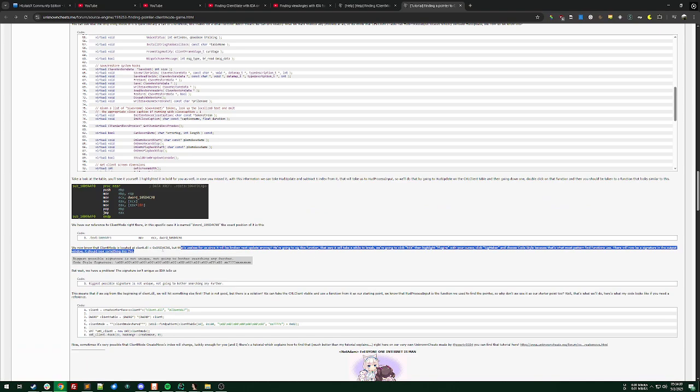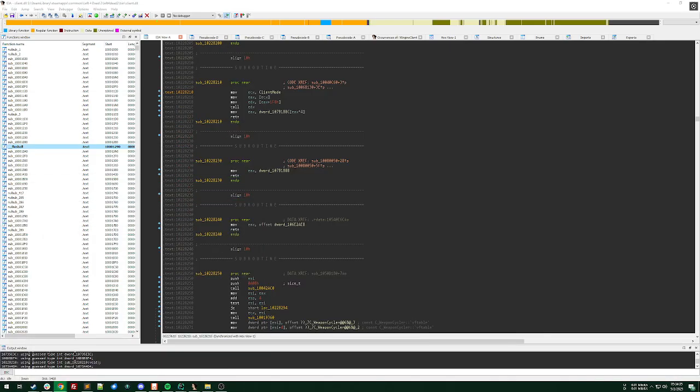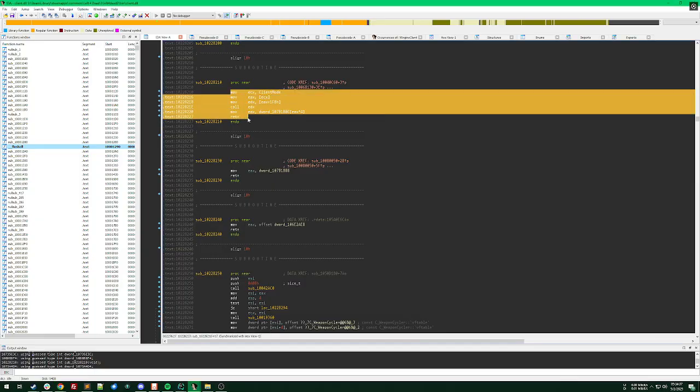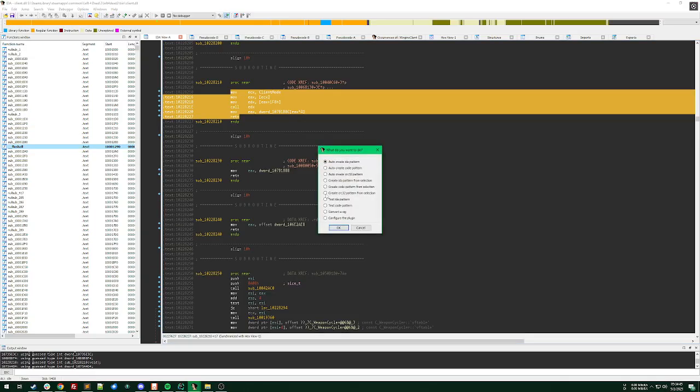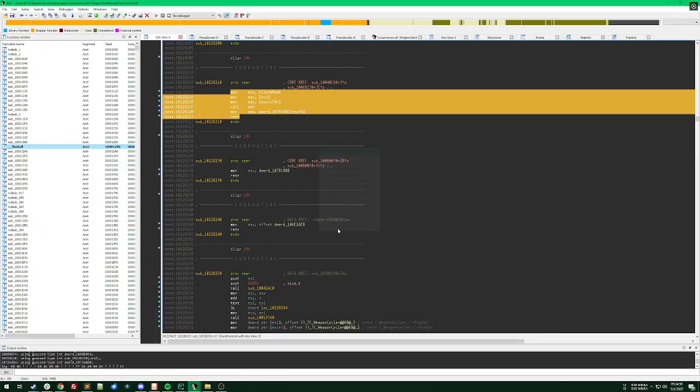We know that client mode could be updated, so we want to get a signature to it. So okay, fine, we'll just highlight a bunch of opcodes and then plug in, and then seg maker, and then i.pattern. There we go. We have a signature over here,